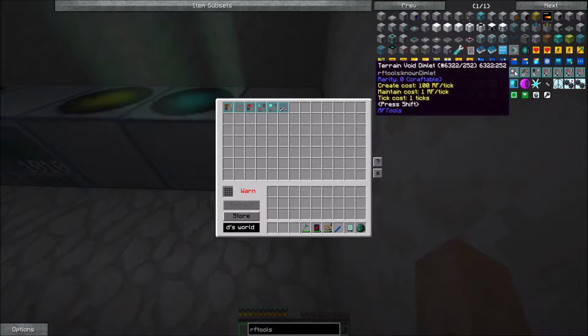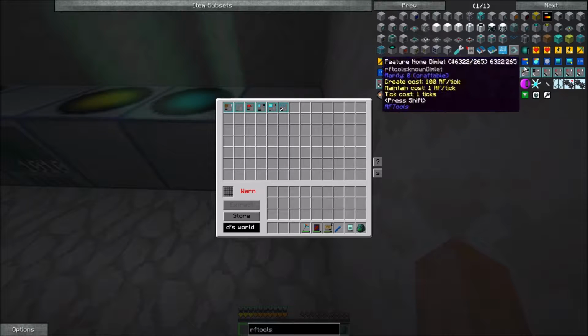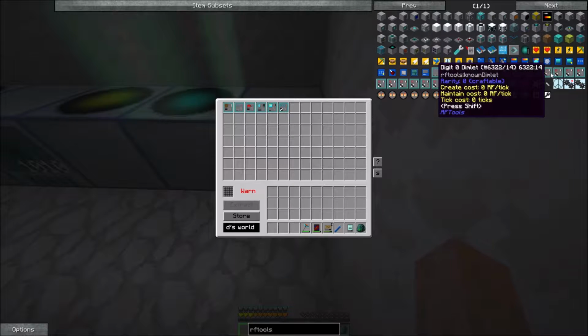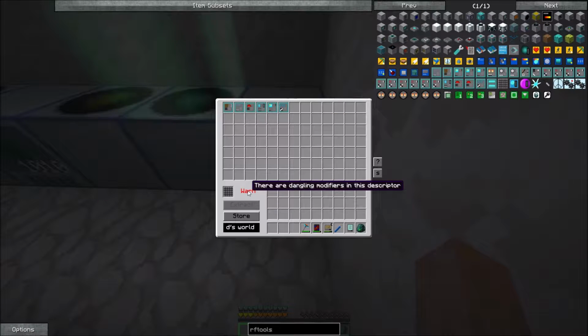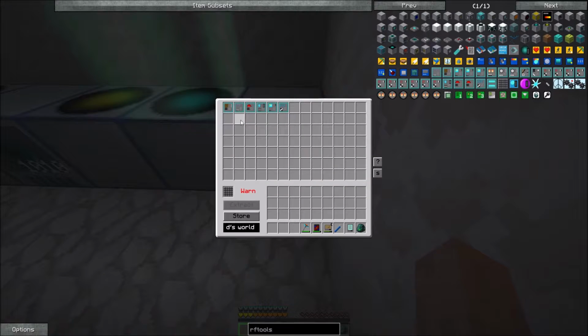Am I not able to? I don't want a flat terrain, and I don't want void terrain. So is there a note? Okay, see it says dangling modifiers, which means that you need to specify some kind of terrain in front of it. And I thought that